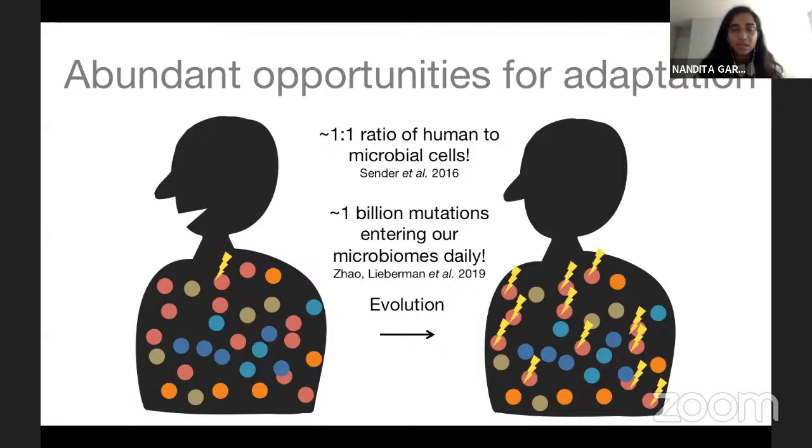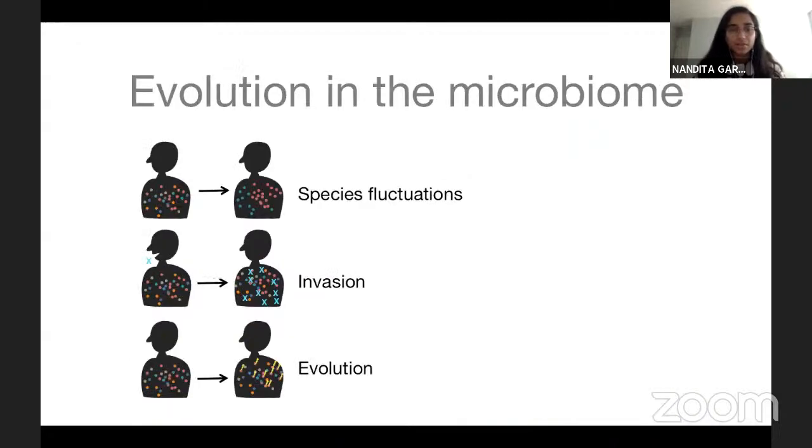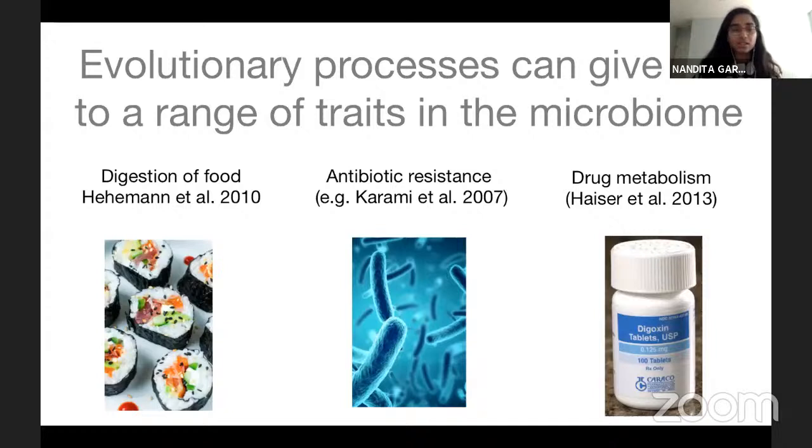So why should we care about this process of evolution inside of us? Well, first, we want to know if this even happens. To date, we have only really witnessed species fluctuations and really quantify that extensively. And we really want to understand if there's more to it than just species fluctuations. But additionally, the genetic variation inside of us actually confers important traits not only to the microbes, but also to